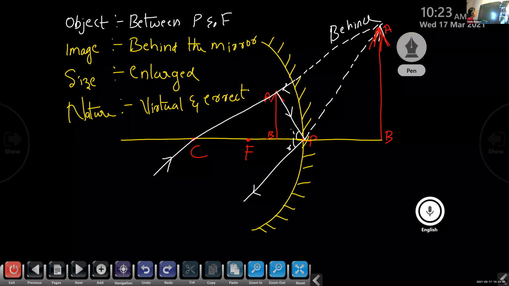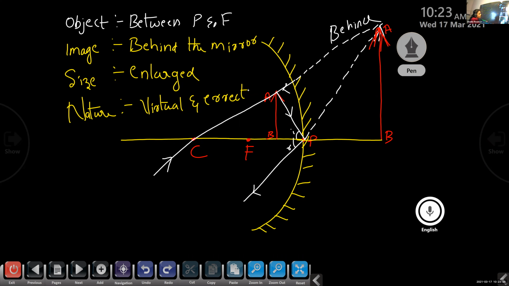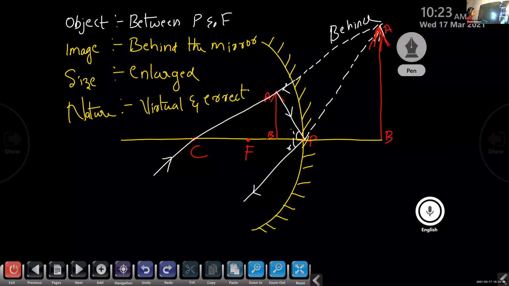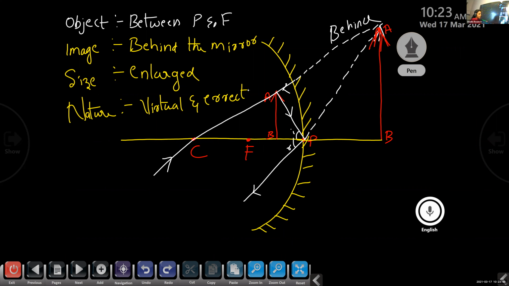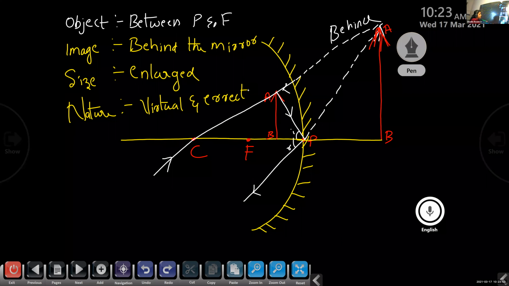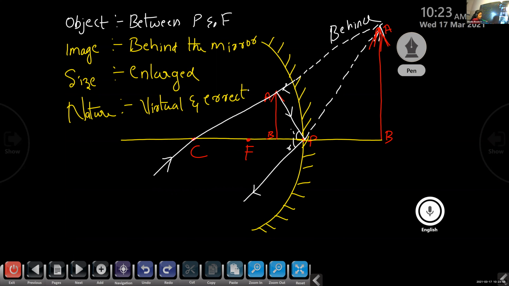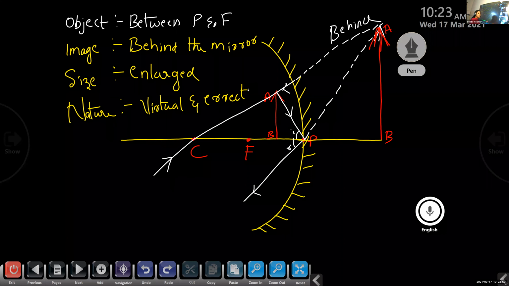Do you have any doubt about this ray diagram? You can ask and clear it now itself. In order to draw the ray diagrams, we must have an idea where we get the image. Then only we can draw the ray diagrams. That is why I am asking you to study that table and those 4 rules. If they are in your mind, you can easily draw the ray diagrams without any confusion. When we place the object between P and F, the image is formed behind the mirror, and its nature is virtual and erect. Its size is large or enlarged.